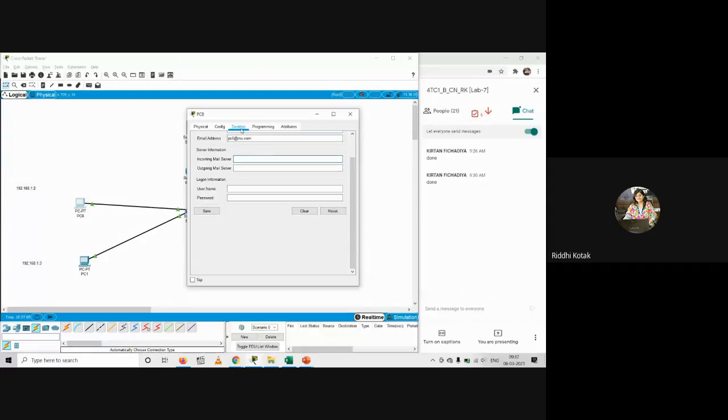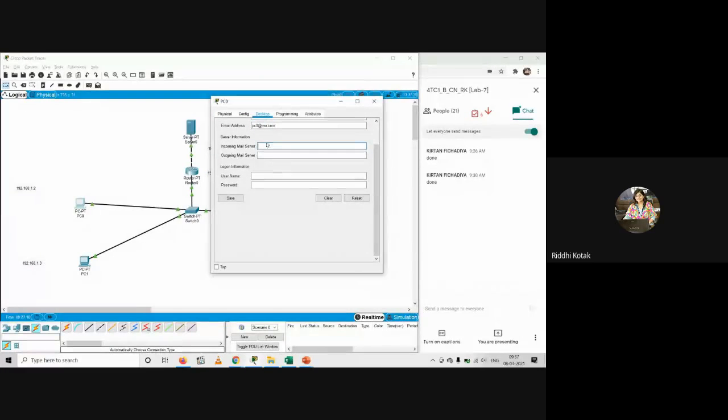Then we have to provide the mail server. But right now we have used only one mail server, and the IP we have assigned is 192.168.2.2. Same, that is the reason we will assign the same for both the functionality, incoming and outgoing.